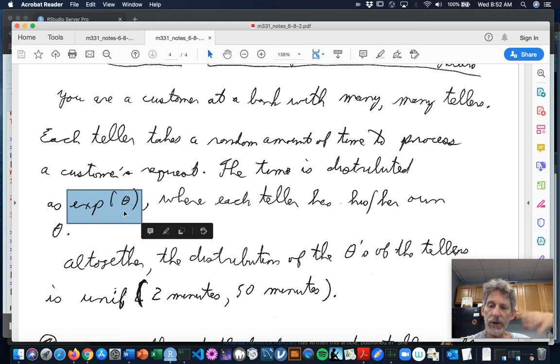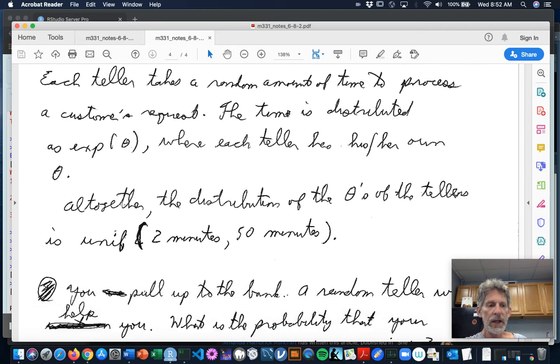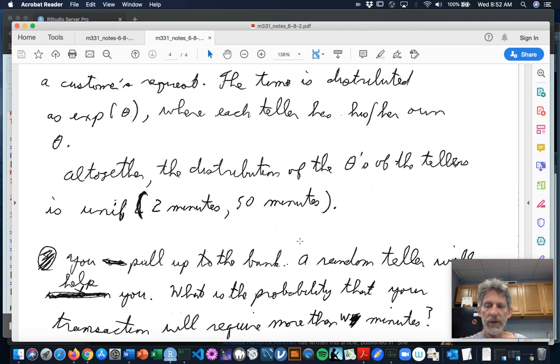Each teller has his or her own average time, okay? But if you could put all of those tellers' thetas together and make a graph of them, it would look uniform, where the lower bound of theta is 2 minutes and the upper bound of theta is 50 minutes. So you can think of it as each teller, if you grab a teller at random, that teller is equally likely to take an average of anywhere from 2 to 50 minutes